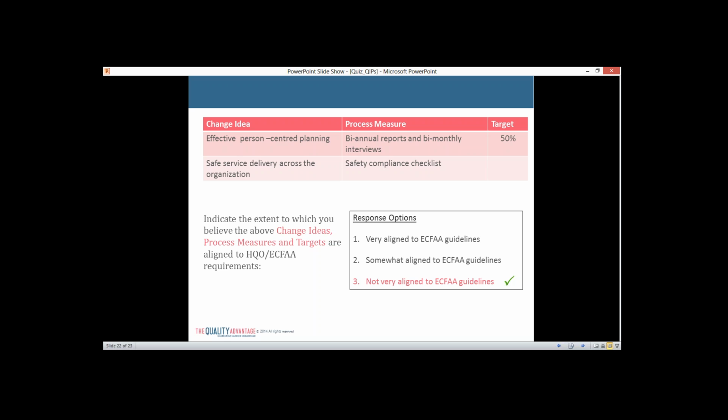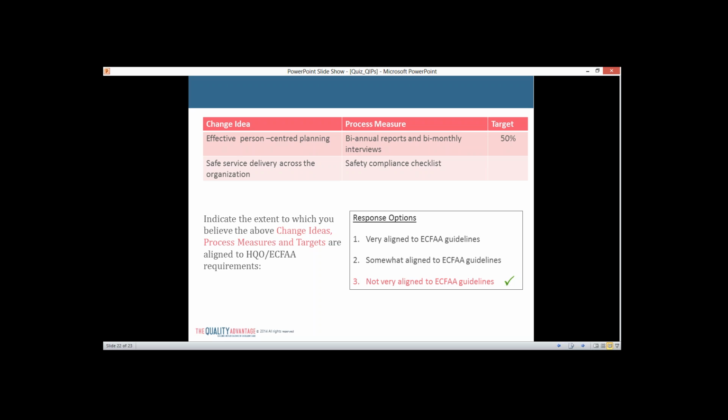That's not a process measure. And the target of 50% is not between 90 and 100%. Now, I will point out at this time that it might be that if a change idea takes a long time to implement, more than a year, then you can actually put something less than 90 to 100%, but in the following year you would expect it to be up there